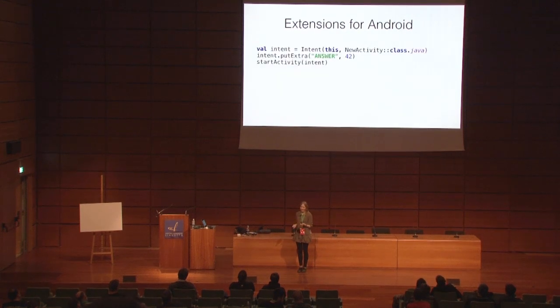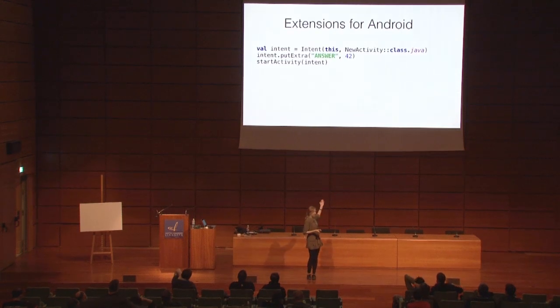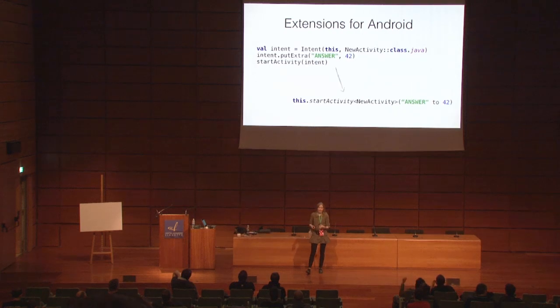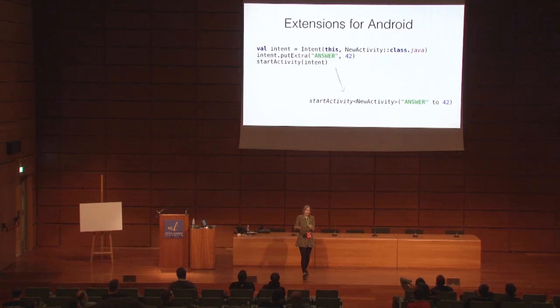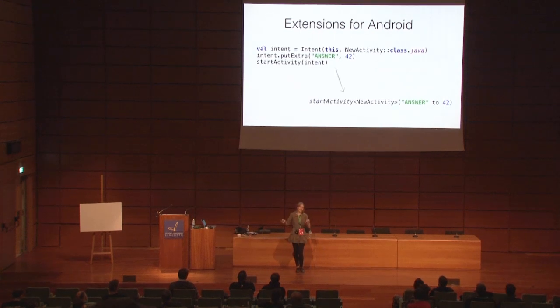Another example, very similar to the previous one, but a bit different. So this is the way to start an activity, providing the parameters for the intent. And in Kotlin, you can call an extension function, start activity, with the parameters: what activity should be started, and what parameters you need to pass to the intent. And you can omit this, and again, this code just looks more concise. And if you repeat this code often, it overall decreases the size of your application.